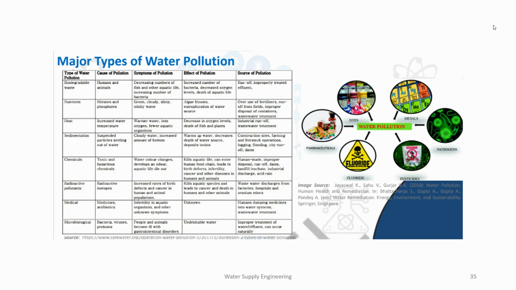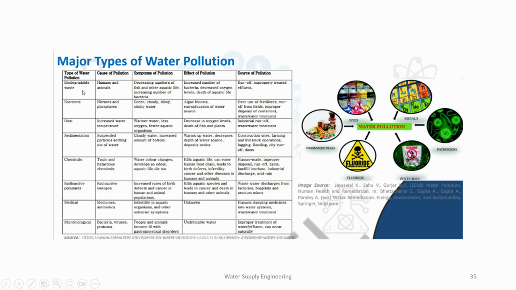So now we'll see what are the major types of pollution. Here we have a tabular column with types of water pollution, cause of pollution, symptoms, effect, and source. We'll see them one by one. First one is